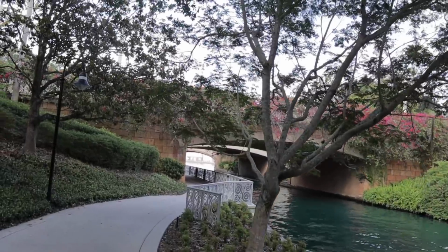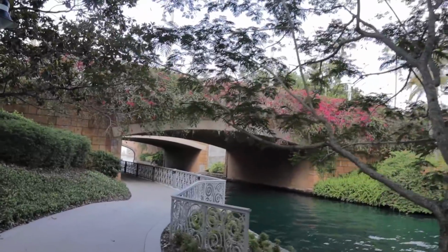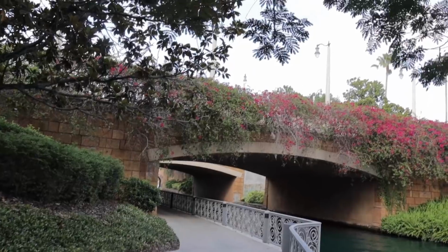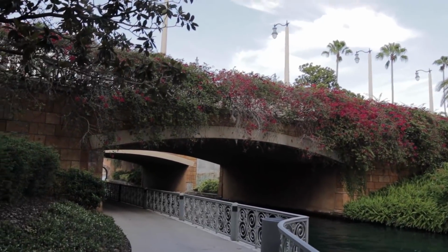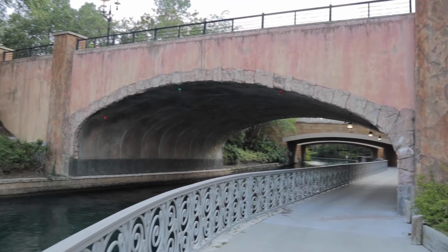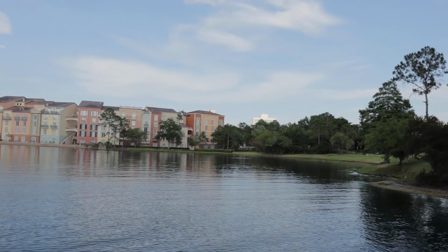Not too long ago, I was up there rollerblading along the roads of Universal. Just to say that I've done that, because I rollerbladed around SeaWorld, so I thought I'd do it at Universal too. And then I eventually kind of did it over at Disney, towards Disney Springs at least. All right, so I made it underneath all three bridges, and here I am at Loews Portofino Bay